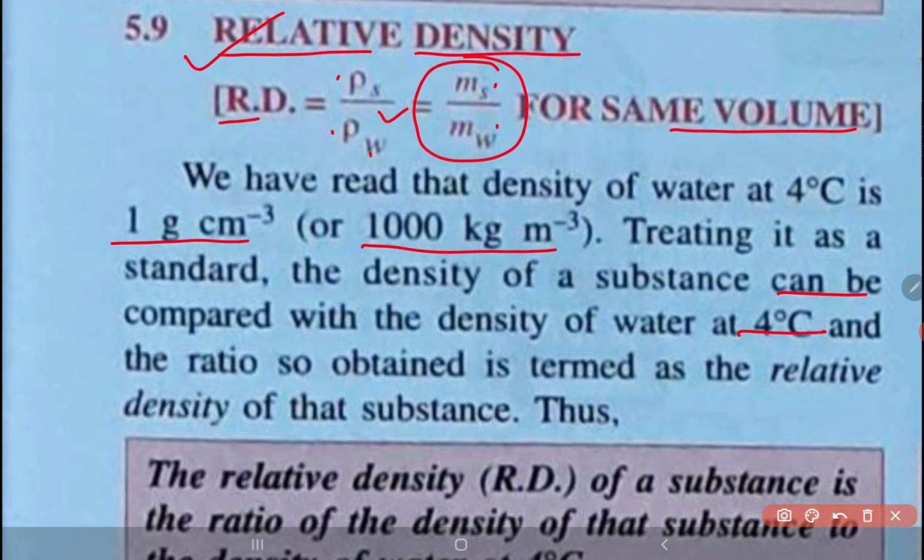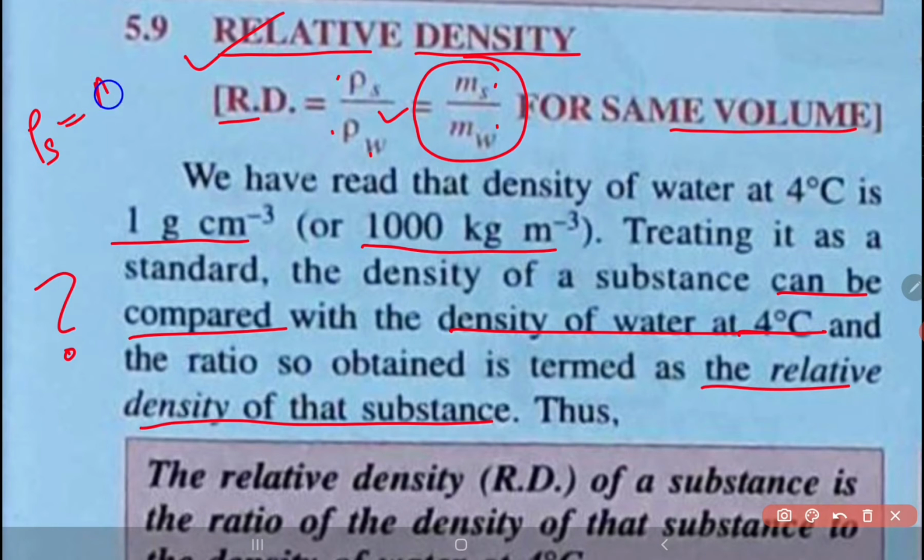Now, why compare? The question will be why to compare. It can be compared with anything, but why only compare with the density of water at 4 degrees Celsius? And the ratio so obtained is termed as the relative density of the substance. Now, we already had density of the substance equal to the mass of the substance upon the volume of the substance. So if we know the density can be derived from the formula m upon v,